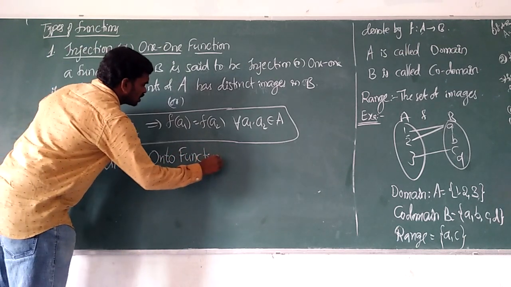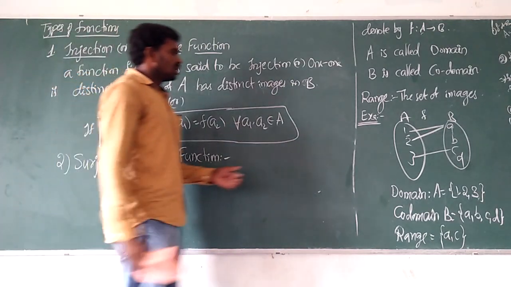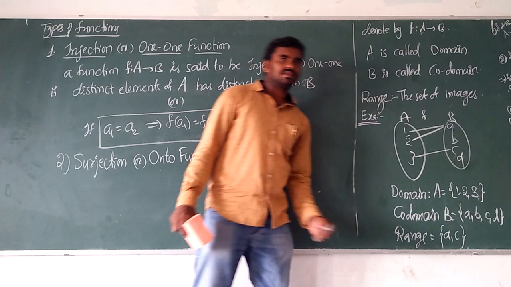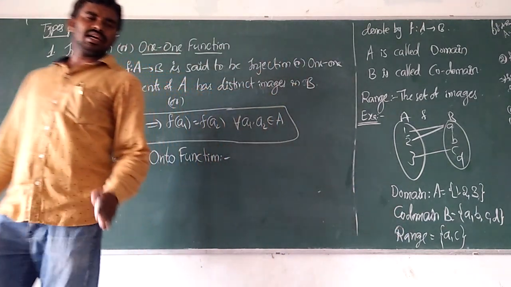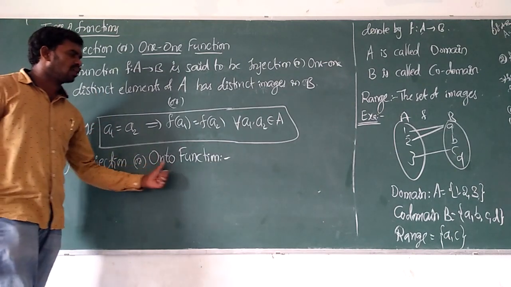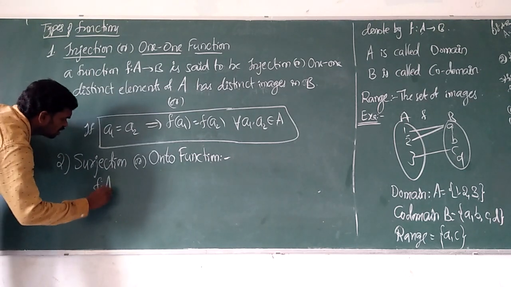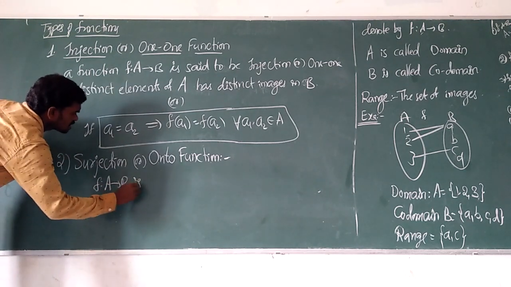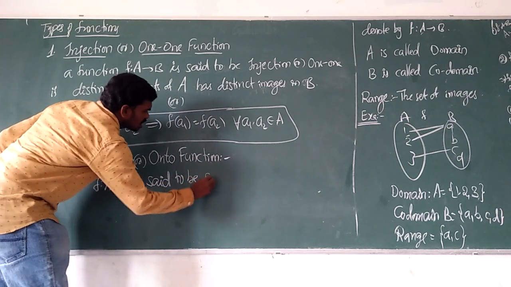Onto function. So this is very easy. Just now we have said that codomain and range. If codomain and range are equal, then the function is called surjection or onto function. A function f from A to B is said to be surjection